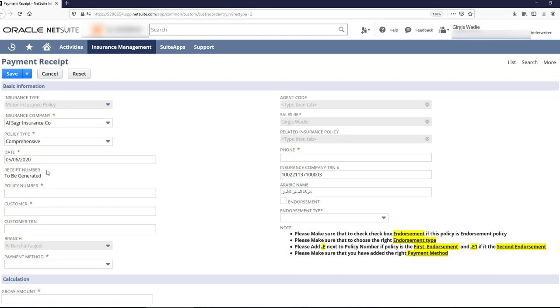And here is the date and also the receipt number to be generated. Here is the policy number. The policy number here is very important. So once I enter the policy number here and then create the policy with the same number, NetSuite automatically links this payment receipt with the policy number. I'll show you the linkage in a minute. Okay, so let's say here is my insurance policy